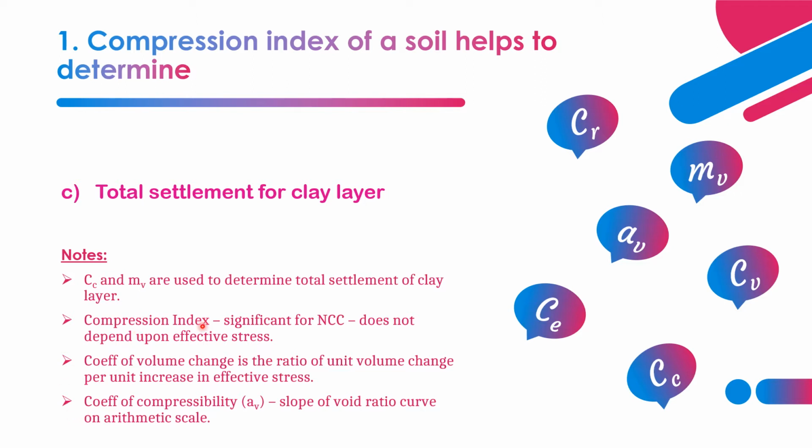Only difference is compression index is found by using the log values, that is log scale. But coefficient of compressibility is on a linear scale, not a logarithmic scale. But both relate the void ratio and stress curve only. In compression index we use only the log scale to find the relation between two values, that is void ratio and stress values. So that's why compression index has no unit, but coefficient of compressibility has unit of meter square per kilonewton. Now let's move on to the next question, the second one.